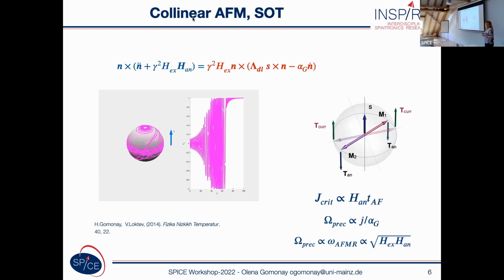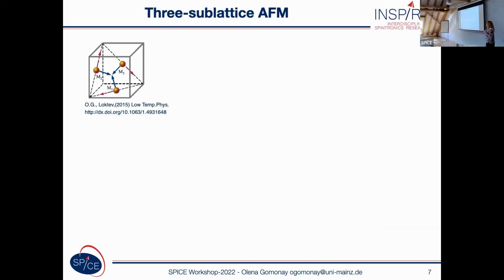However, this physical phenomenon is not appropriate for the switching because the rotation stops only when you switch off the current, and you do not know what would be the final state of the system. So now we decided to study how we can attack this problem using time-dependent current pulses. And for this, we decided to start from a more complicated system, an antiferromagnet which has three magnetic sublattices.